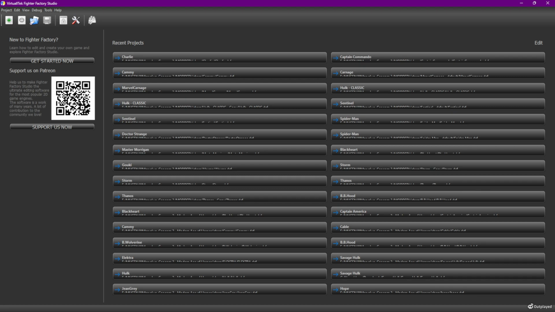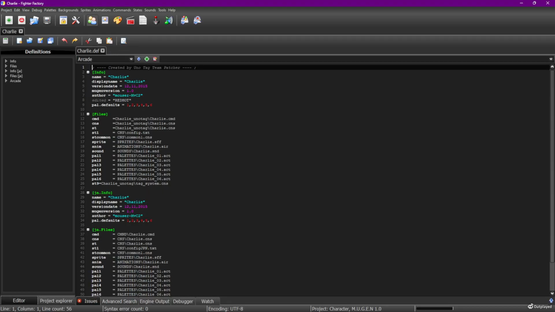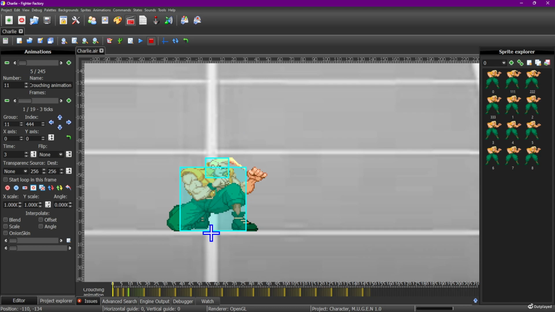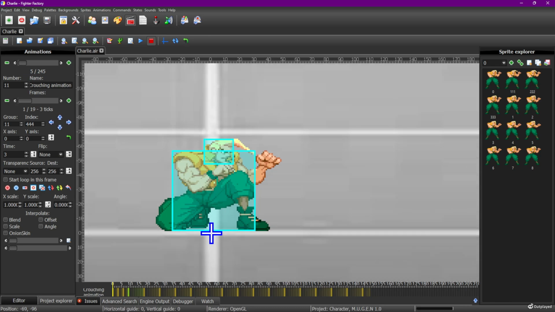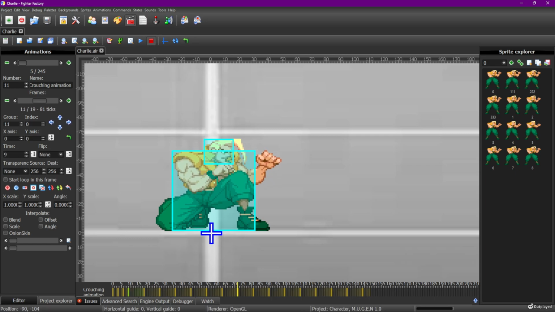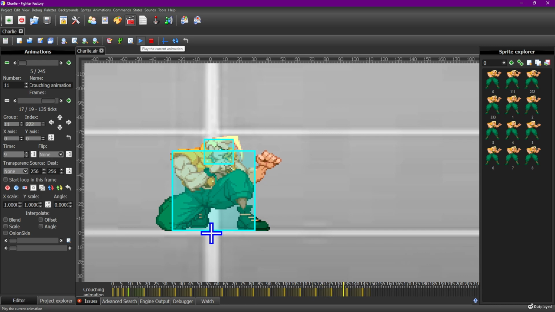All right, so I got to move on. Last character I did was Charlie for MVC2. I edited his idle, really the blink animation for his idle, and also did his crouch. I'm just going to quickly showcase the crouch. I do this in the beginning of every video. I just animated his crouch. Instead of being just one frame or one sprite like it was originally for MVC2, as you can see here, he's got a full animation now, complete with a physics drop prior to the loop start, which is these first few frames. You can see his hair and his clothing drop, and then he goes into his normal natural animation there, which looks incredible. Oh man, it looks so good in game.